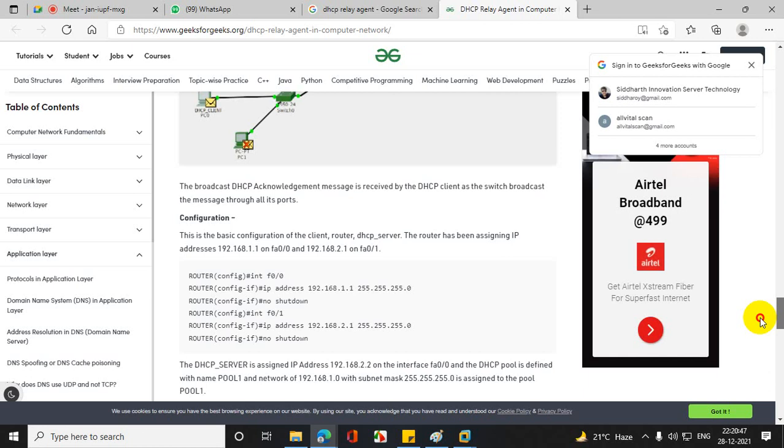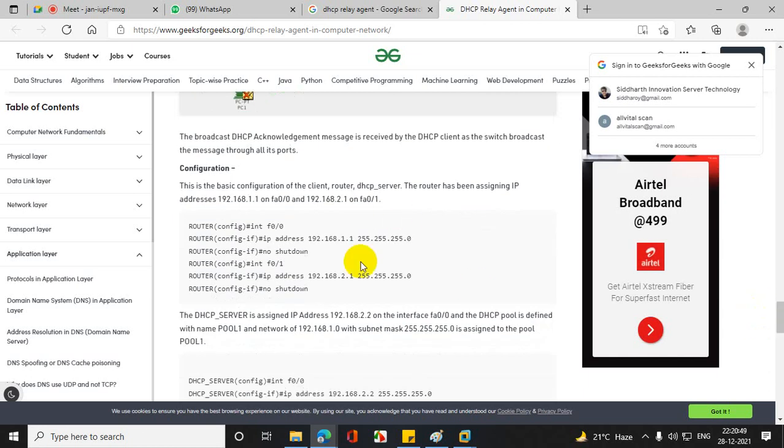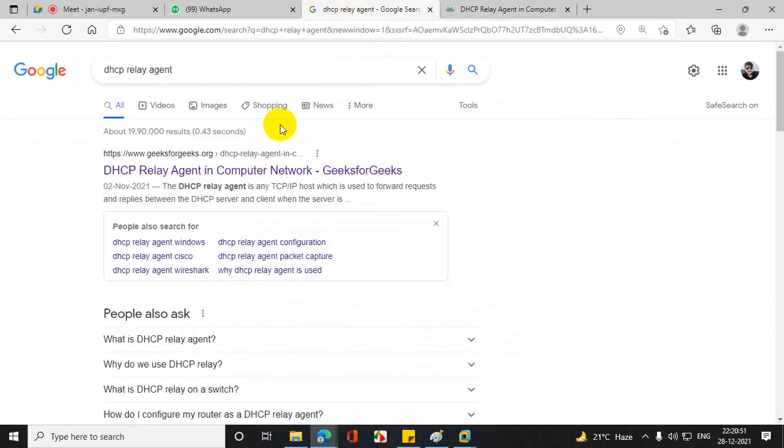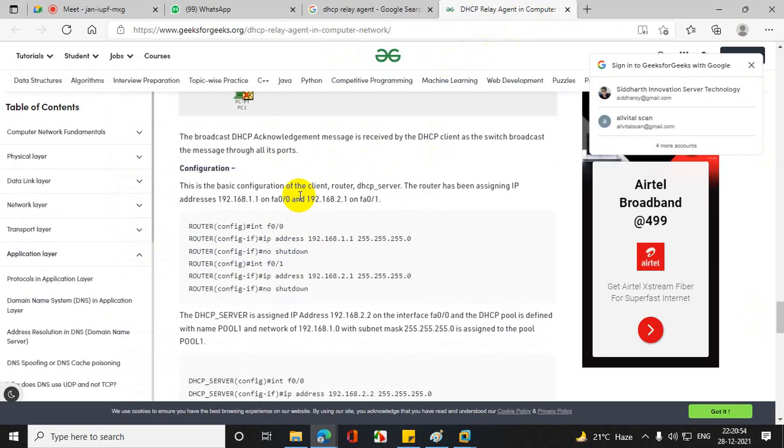Any doubt? These are actually router configurations. There is nothing on the server. If you are not from a CCNA background, you will not be able to understand how this is going. This is privilege mode, and this is global configuration mode. This is a serial port, and this is the IP address of the router itself.